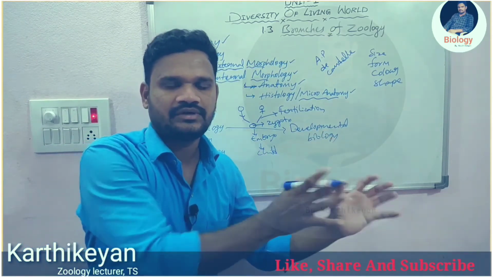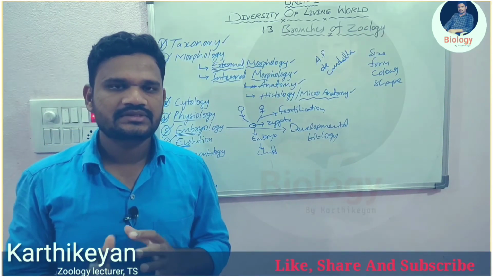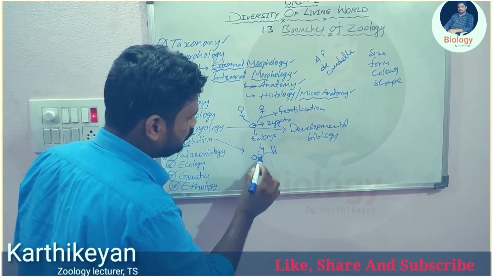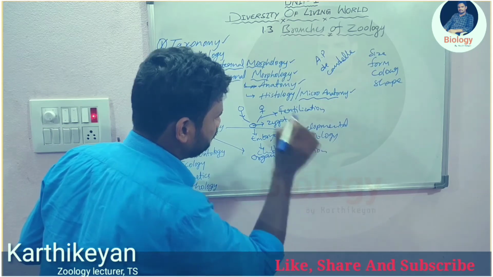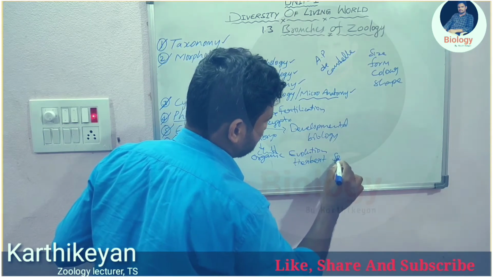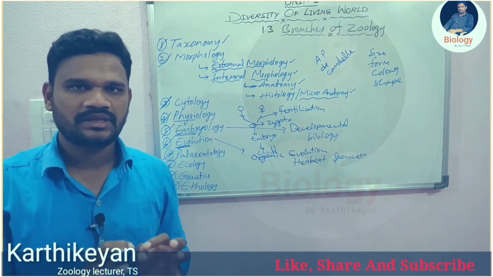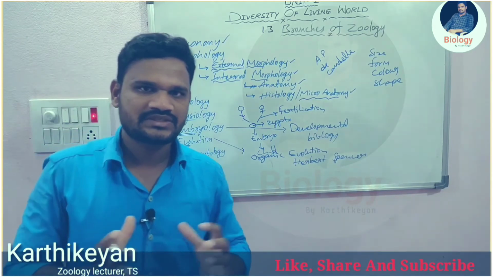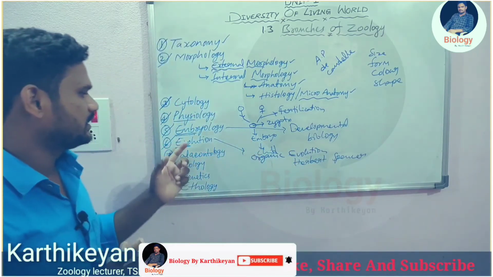Next, evolution means the gradual changes in a life. It leads to formation of a new form of a life, right? This evolution word, for the first time, this evolution word or organic evolution, remember the terminology please, organic evolution, okay? Organic evolution term was coined by Herbert Spencer, right? For the first time, organic evolution word was coined by Herbert Spencer. Evolution means evolution is a gradual changes of a life. Those gradual changes forms the new form of a life, that is evolution.